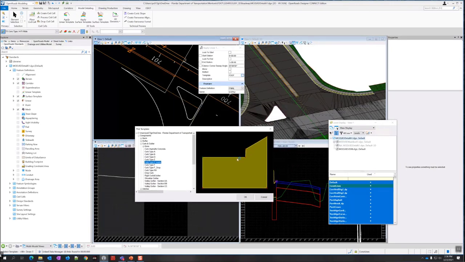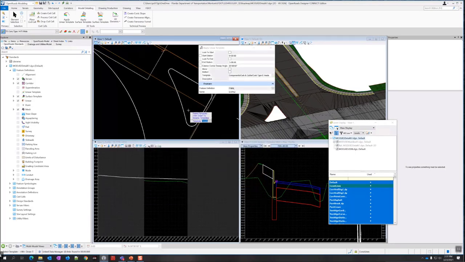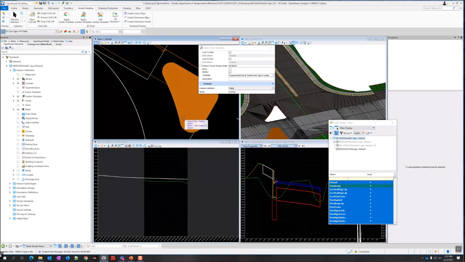Because this is a linear template, it actually isn't going to behave quite the same way. You'd have to have something to make it follow it, but it's okay. We'll just use this one. It's closest. All right, so then I accept the template choice. And then for the start and stop stations, I'm just going to do Alt to lock that both to the start and to the stop to the end. So it's going to wrap all the way around. And then it asks me to pick a side. So it's just going on the inside.